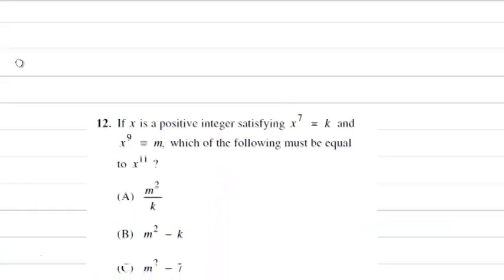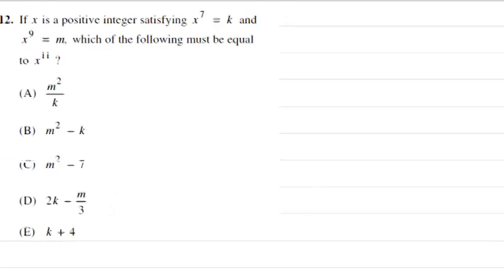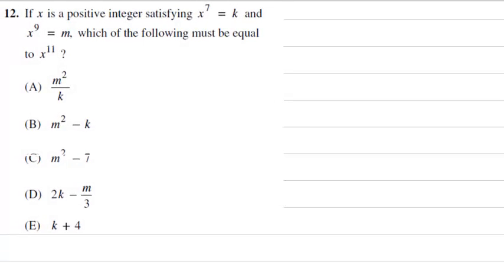Now, here's a problem from College Board's 2007 practice test. x is a positive integer, satisfying x to the 7th equals k, x to the 9th equals m. We're looking for x to the 11th. Having done a million of these before, I know that finding x to the 11th has to be the result of combining two numbers that add up to 11. I see that we've got x to the 9th there, and I see that we've got